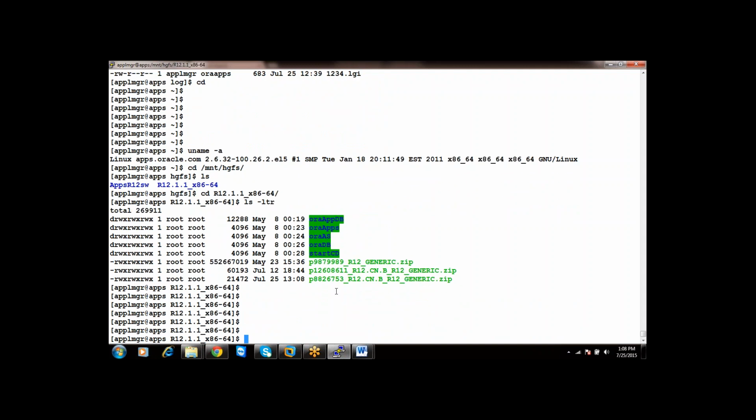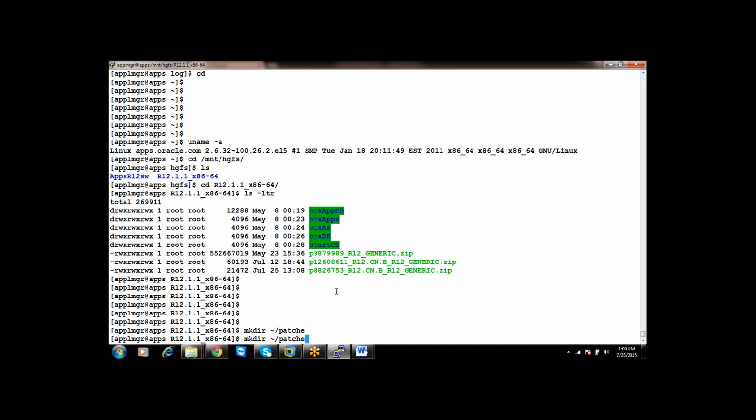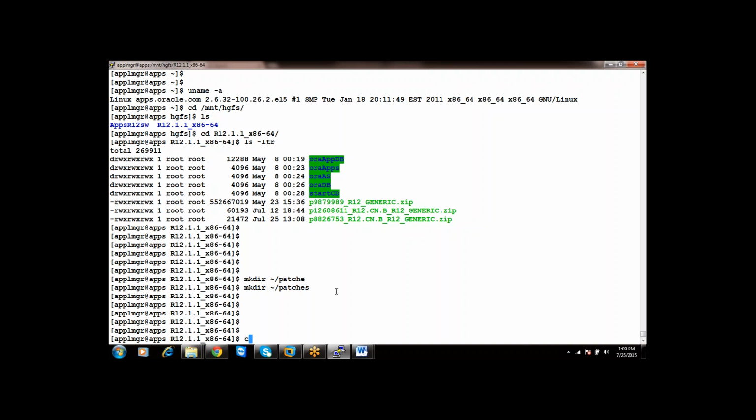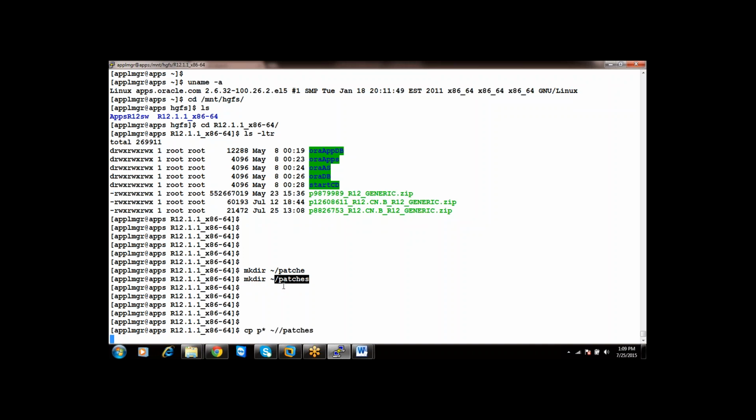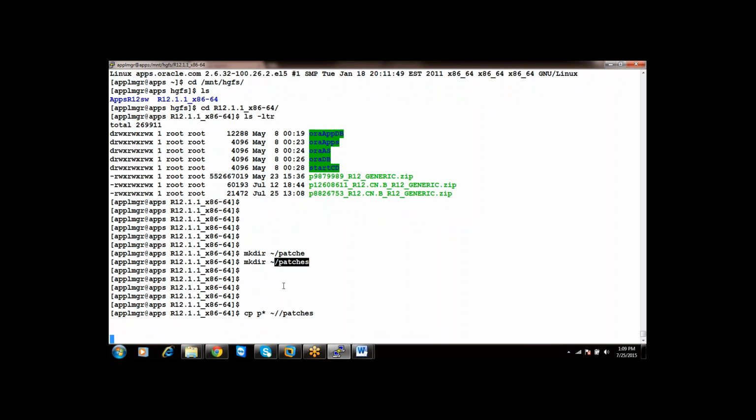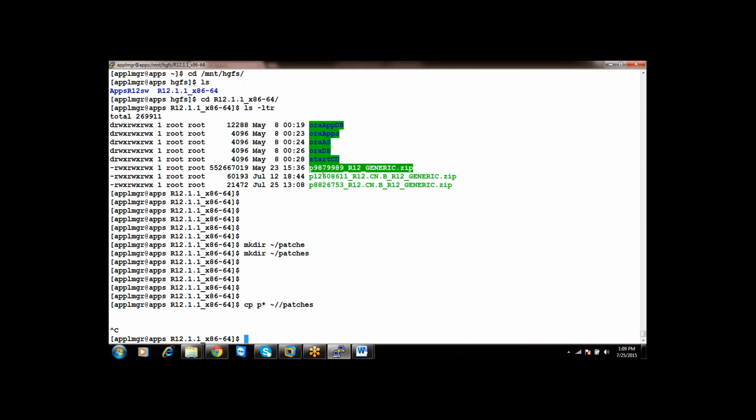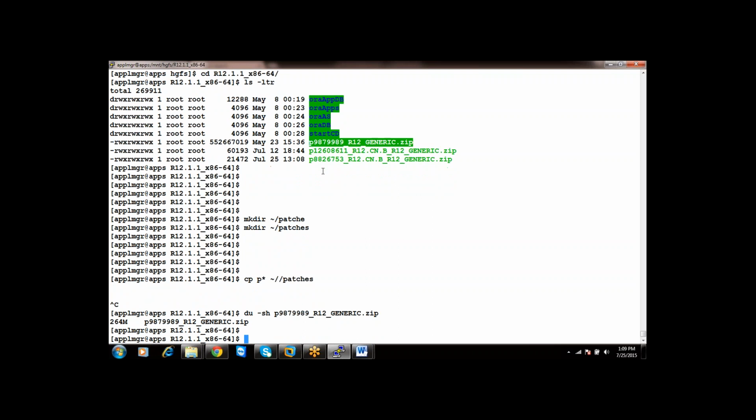Okay, now I will make it direct, the root location. Oh, one second. 264 MB. Okay.